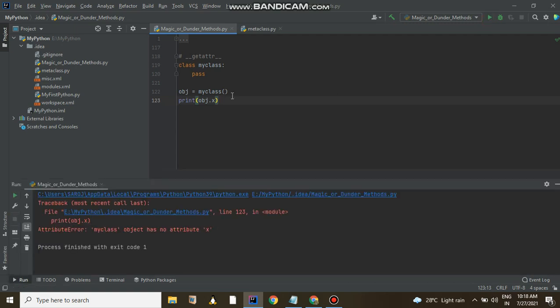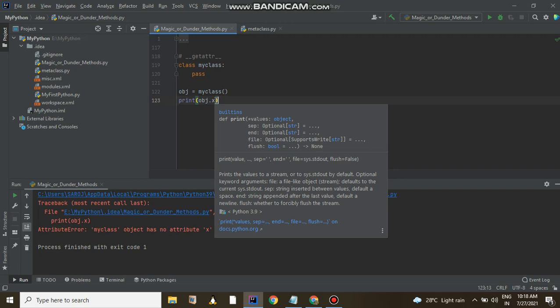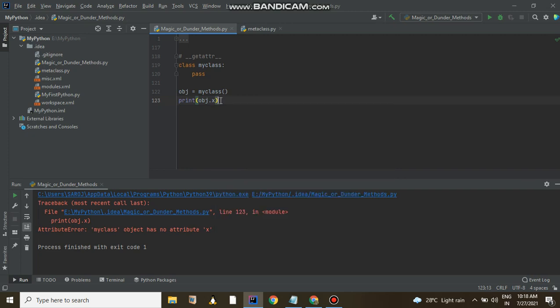In our day-to-day life as a Python developer, you may face this kind of situation many times. That means the attribute is not defined, but you are trying to access it. To avoid this error, we set __getattr__.